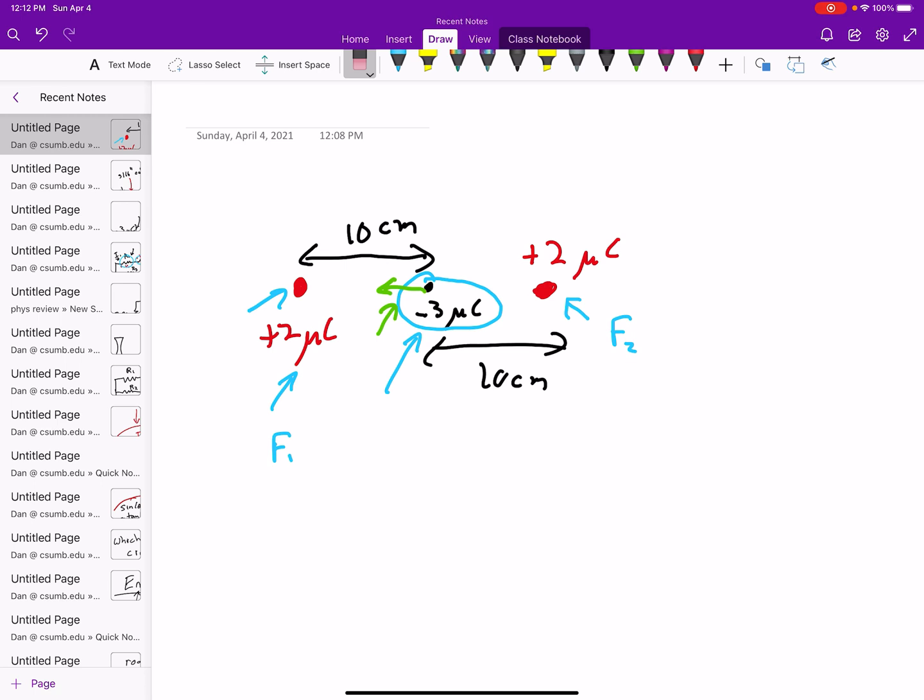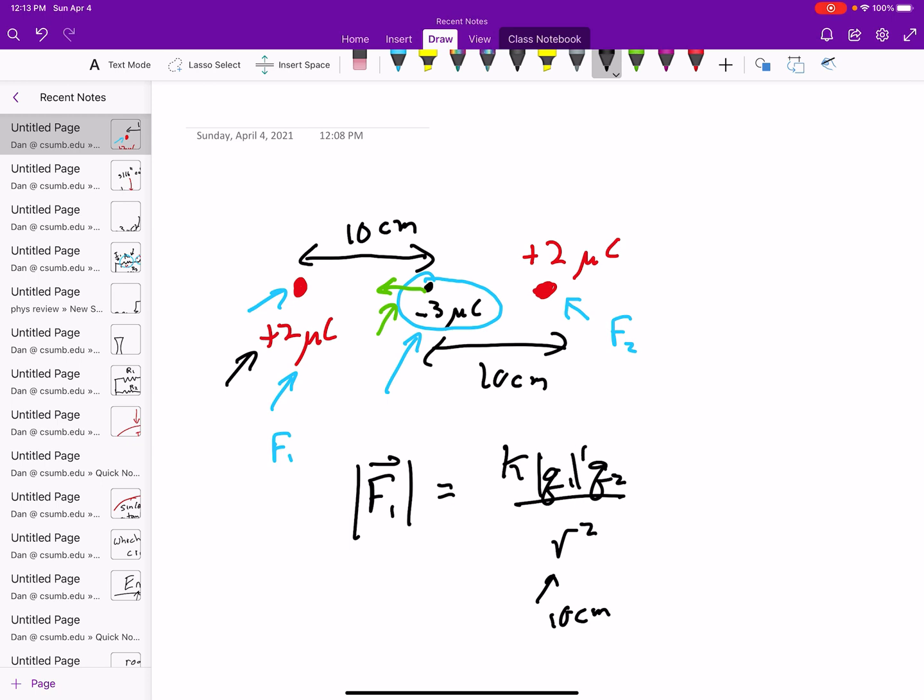Okay, so I'm going to apply Coulomb's law. And so I'll say, okay, F1, the size of the force 1, those two vertical lines there represent the magnitude or the size of force F1. It's equal to K times Q1 times Q2 divided by R squared, where R is the separation between the two charges. In this case, that's 10 centimeters. And Q1, these should be absolute values also. They're plus 2 microcoulombs for Q1 and minus 3 microcoulombs for Q2, so 2 and 3 times 10 to the minus 6th. So if I do the work here, I have 9 times 10 to the 9th